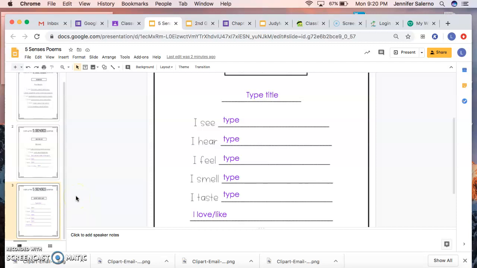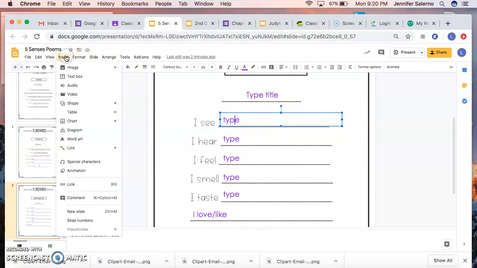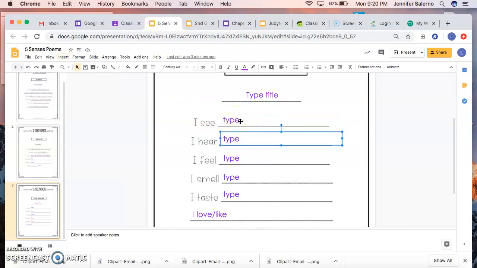There is one thing I want to go over before I end the video, just in case you have trouble. If there's ever a time that you delete something and you don't know how to get it back, for example, the text box that you see here goes away, all you would have to do is go to Insert and go right here to Text Box and click it, and it will come up for you, and you will be able to just put that text box back and be able to type. So I just want to show you that just in case anyone has trouble with that, because sometimes I know it could go away when you delete something, okay?